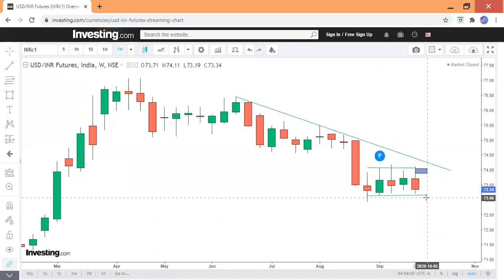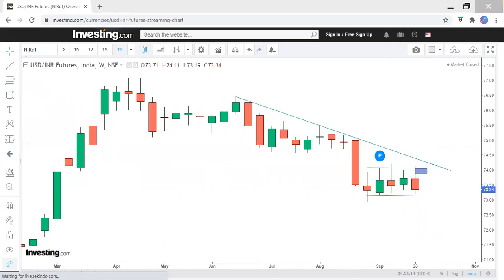But if the low of this candle is tagged and the closing is on the lower side, and we see any changes in the open interest data of the 73 put, we will definitely assume that 72 call writers will be active now, and they will take USD INR to the lower side.